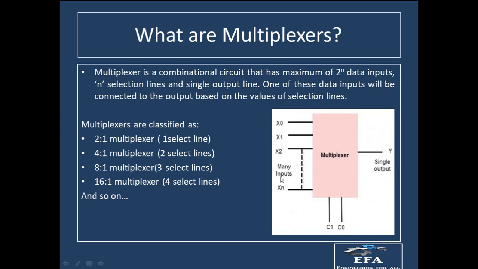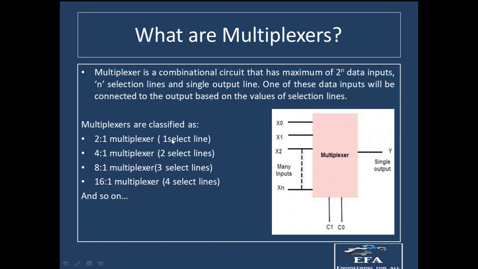Now how is this adjustment possible? This is possible with the help of other signals that are known as the selection lines or the select lines, which are another set of bits which we give to the multiplexers, and according to the values of these selection or select lines, the information coming from the different number of input lines is adjusted onto the single output line. So we'll discuss this one by one, how these select lines are working and how the inputs are coming.